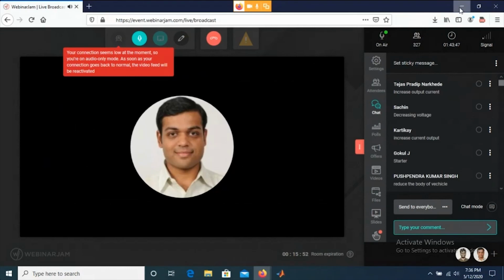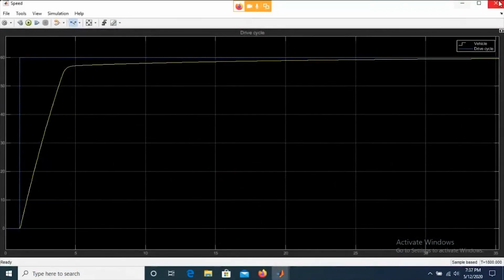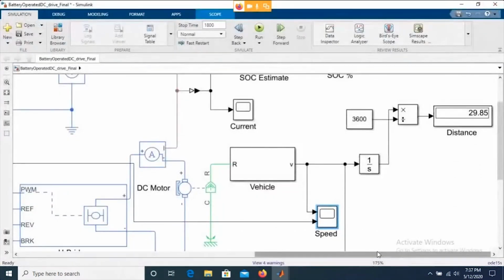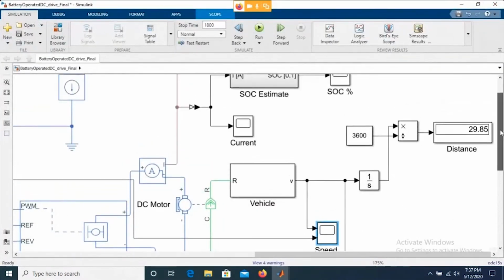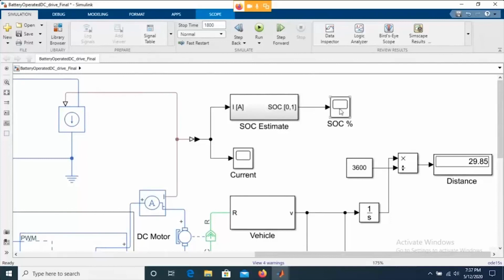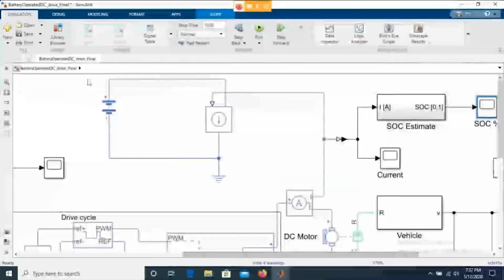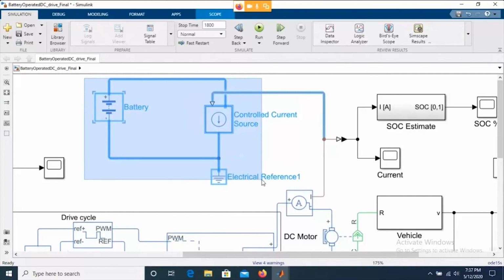So guys, let me go back to my model, and let's try to see what is happening with the rest of the things. So what is the state of charge? Yesterday in the webinar we were talking about the battery model, and we were able to do a very simple simulation of this, right? Yesterday we simulated a very simple small circuit like this.